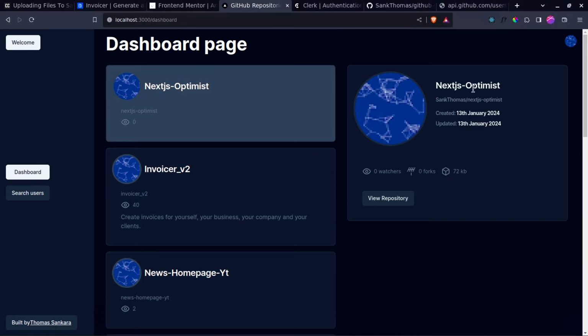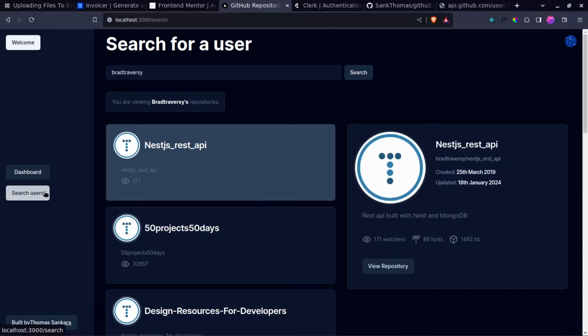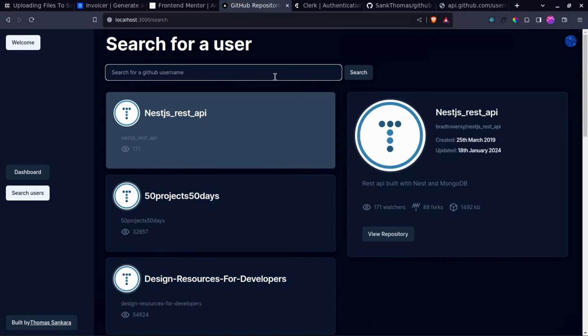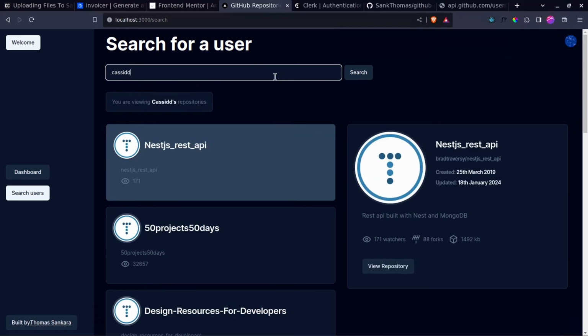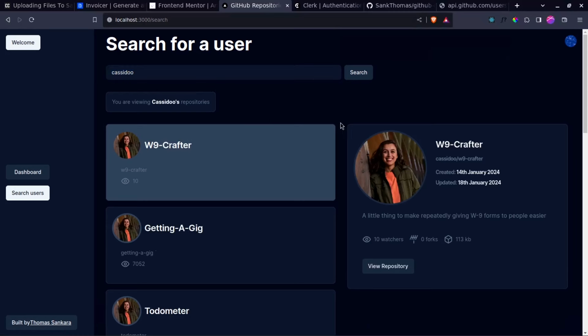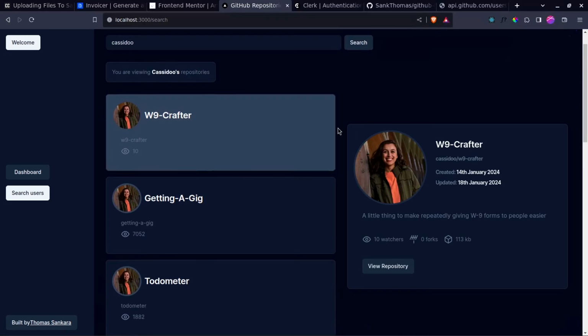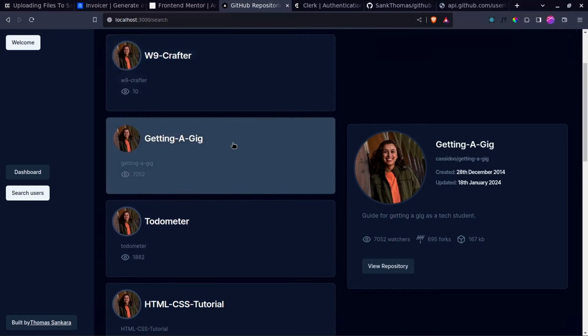And when I click on a repository here, it shows more details about the repository on the right side. And we also have the search users page right here. If I go into the search users page, by default I am searching for Brad Traversy, but you can go ahead and search for any other users such as Cassidy Williams, so Cassidy. And when you search by their username, once again it shows you their 10 latest repositories, which if you want to get more information about, you can just click on a certain repository